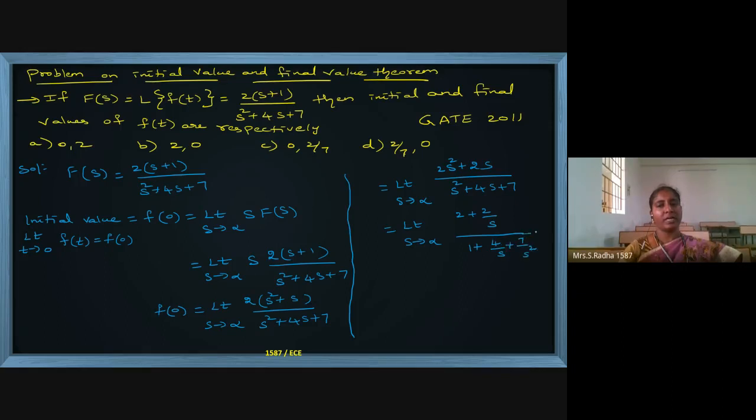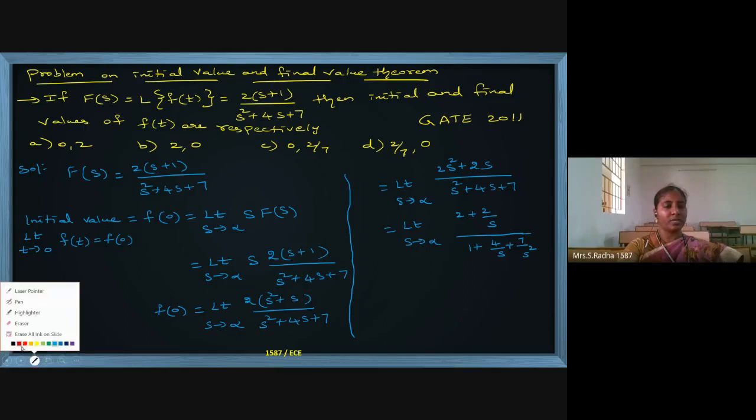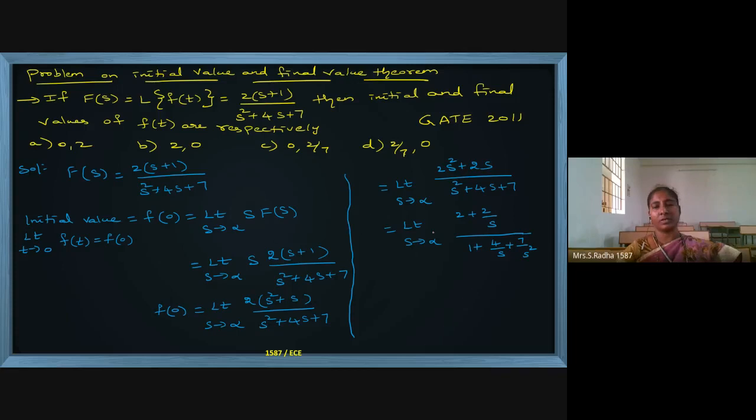What I have done is divide the numerator and denominator by the s square factor. So I am getting it like this. Okay. Next, what I will do,